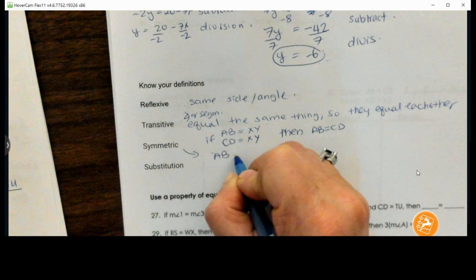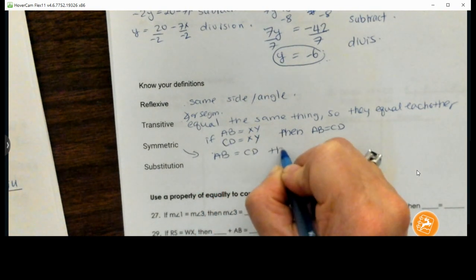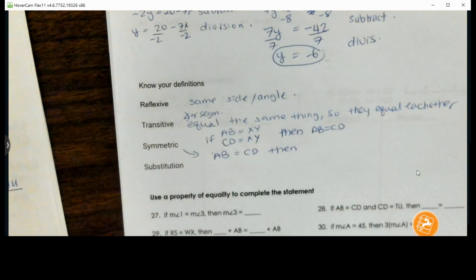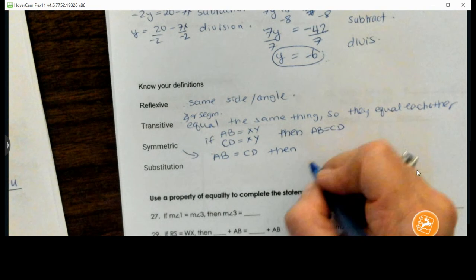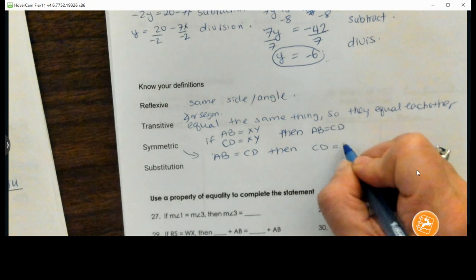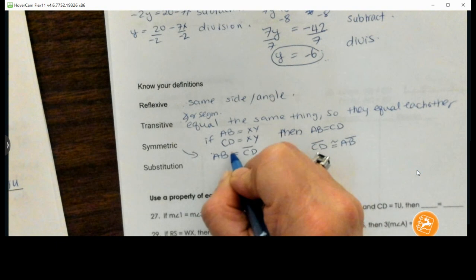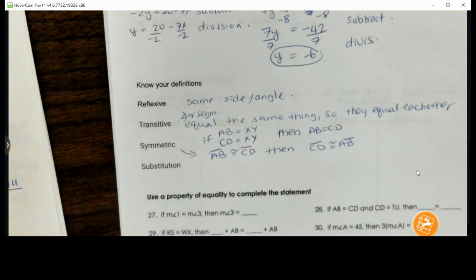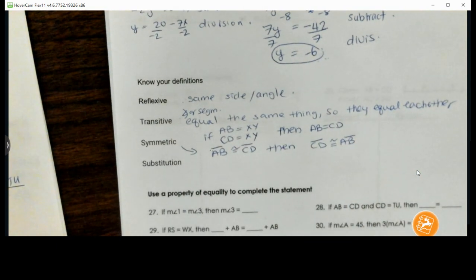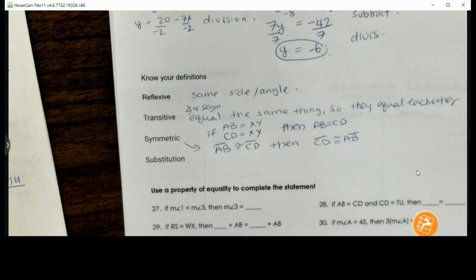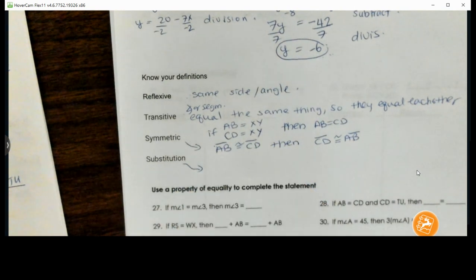So AB is equal to CD, then CD is equal to AB. And I'm just going to do congruent because with numbers it's a little more straightforward. You don't use symmetric when you have numbers so much. And substitution, of course,